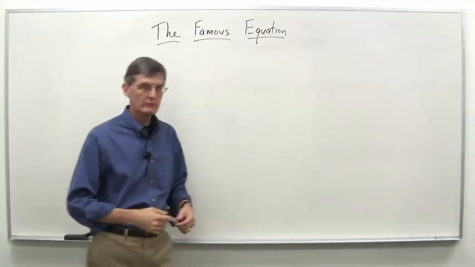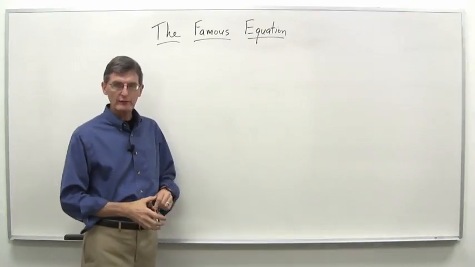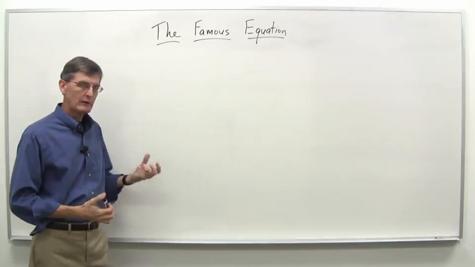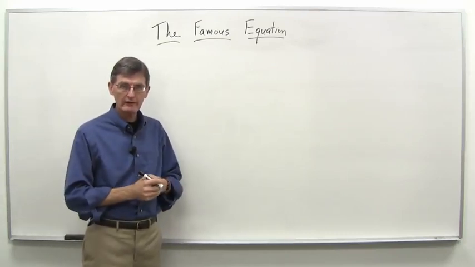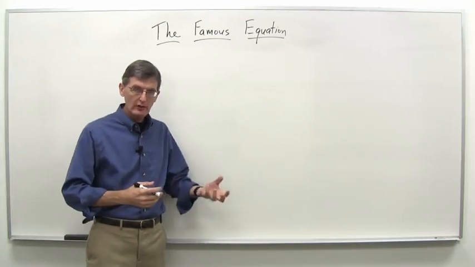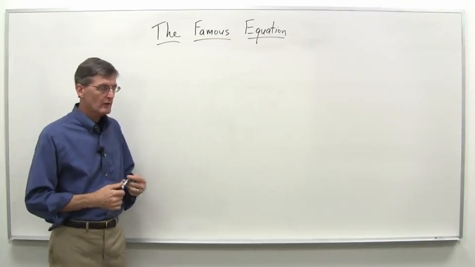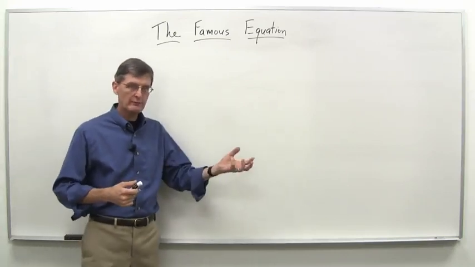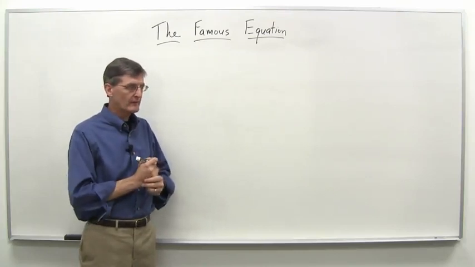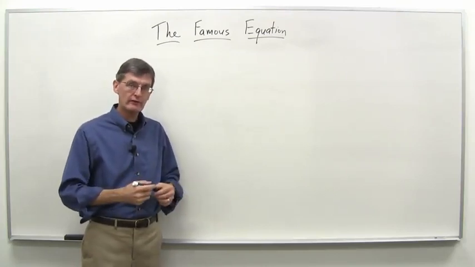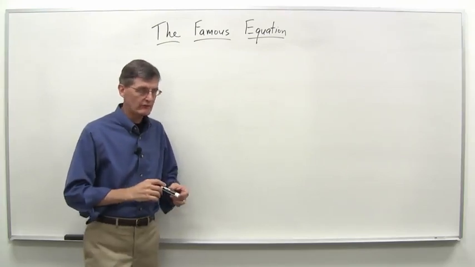So now we come to the famous equation, and of course we're referring to E equals mc squared. You may remember that Einstein's paper on the special theory of relativity in 1905 was published in June. A few months after that, he published a short note in September, essentially saying, remember that paper I published a few months ago? Well, I've been thinking more about some of the things contained in it, some of the implications, and discovered a very interesting relationship. And that relationship essentially was E equals mc squared.